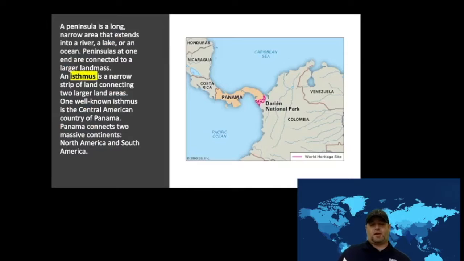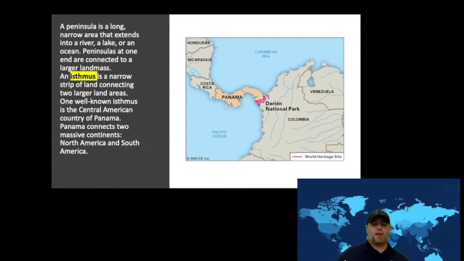A peninsula is a long, narrow area that extends into a river, a lake, or an ocean. Peninsulas at one end are connected to a larger landmass. So a great example of a peninsula is the state of Florida. It reaches out between the Gulf of Mexico and the Atlantic Ocean, and you see that large stretch of